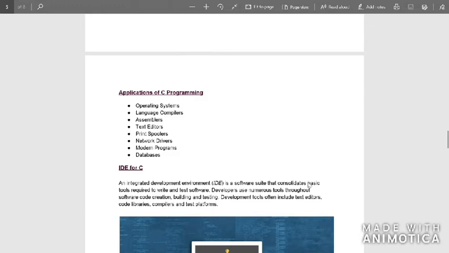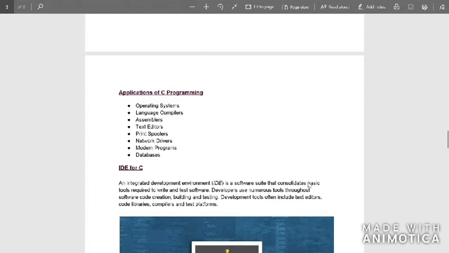For each language it will change, because the code I write in C will not be the code I write in Java. There are going to be differences because the language I wrote the code in is different. It's like writing the same sentence in English as well as in Hindi. The language is going to be different, but what it means is going to be the same. So for C, you have compilers alone for that. For Java you have compilers alone for that. In the same way, each language will have its own translators.